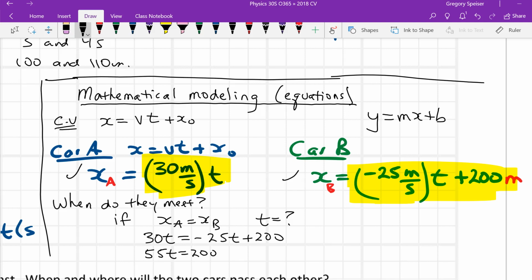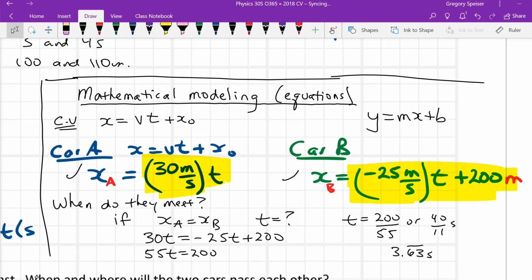I'll divide both sides by 55. t is equal to 200 divided by 55. If I want to leave it as a fraction, I guess I could divide both sides by 5, and I could get 40 over 11 seconds. If I wanted to type that in my calculator to get a sense of what that value is, I think it's 3.63